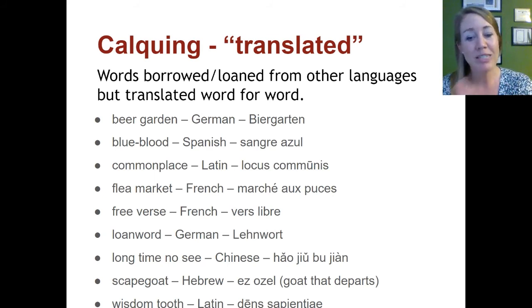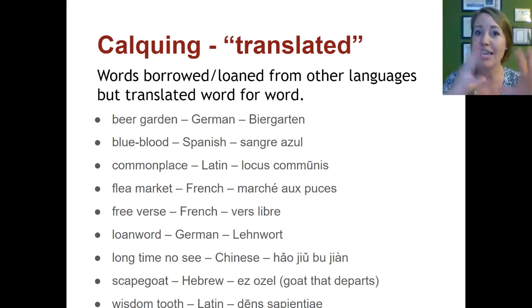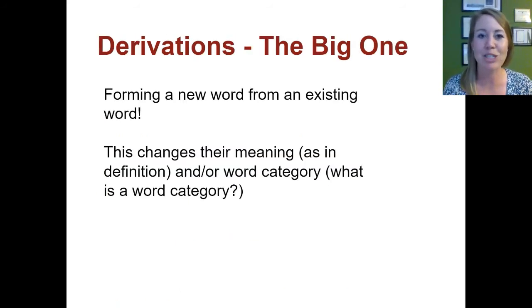What's interesting though is that this is a great example of calquing. In Chinese, there is a phrase that is basically the equivalent of saying "long time no see." If you say it out loud, it sounds kind of like remnants of a different syntax structure, specifically Chinese, maybe Mandarin. So those are examples of calquing: taking a phrase from another language and translating it with our own words into our own language, but keeping the semantic meaning, what it means in our language.